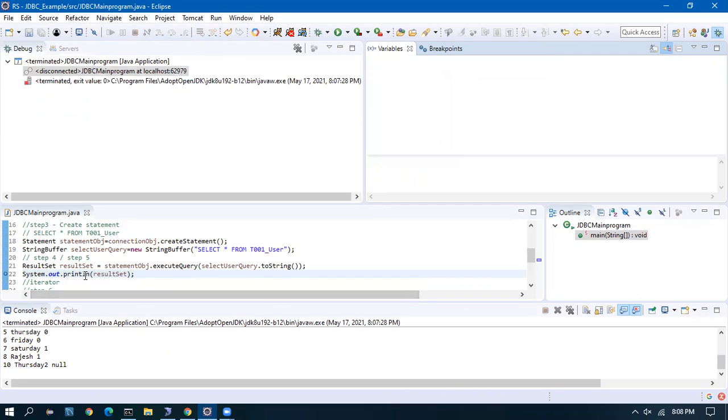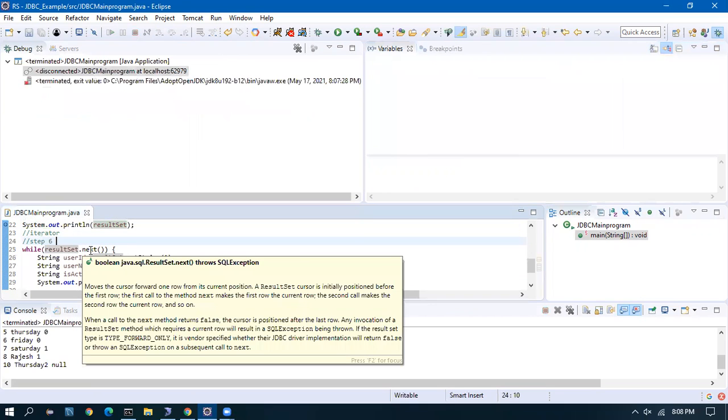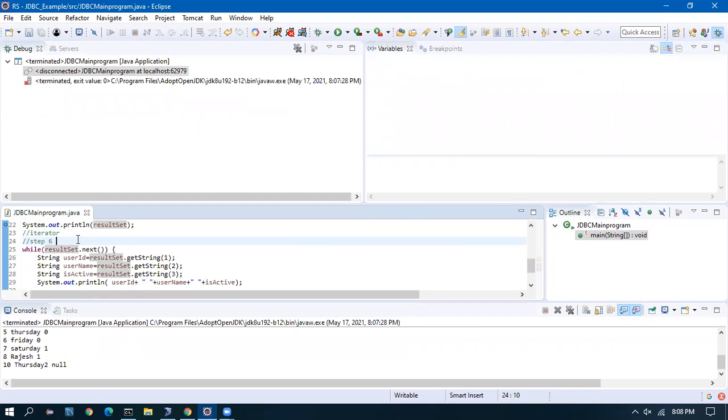Once the result set is retrieved, we iterate the result set. I said rs.next pushes the result set to the first row. You can imagine this result set as an Excel grid which is coming up, with rows and columns.